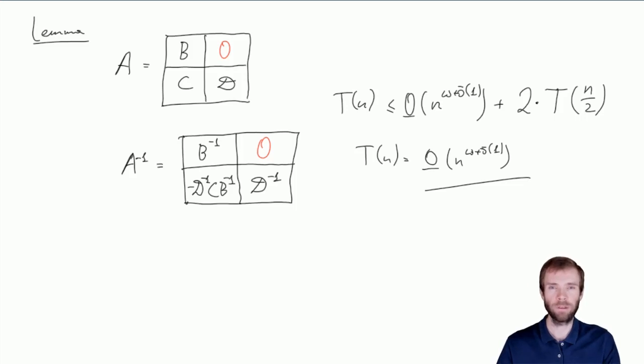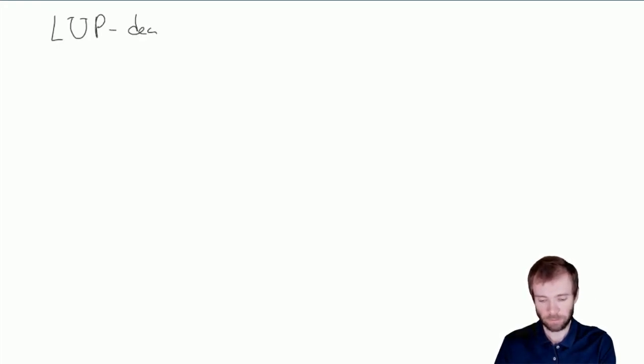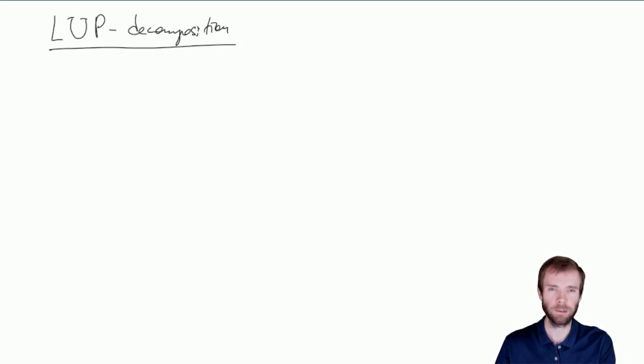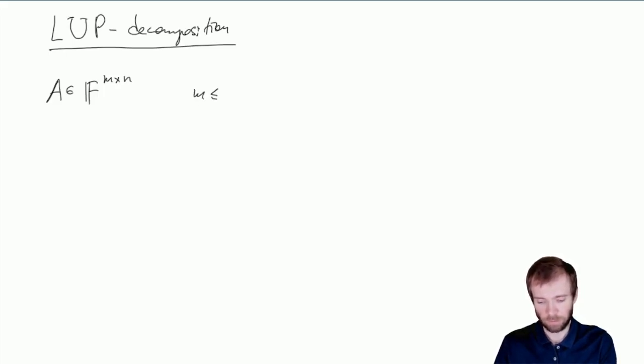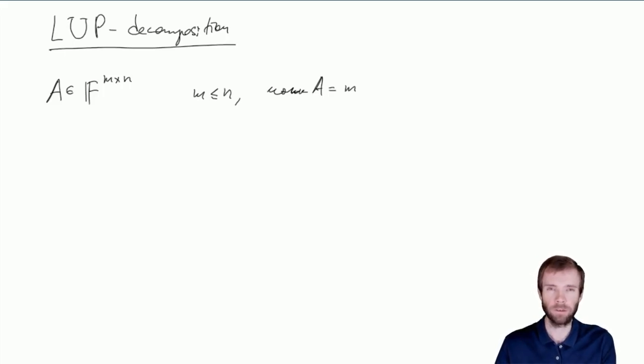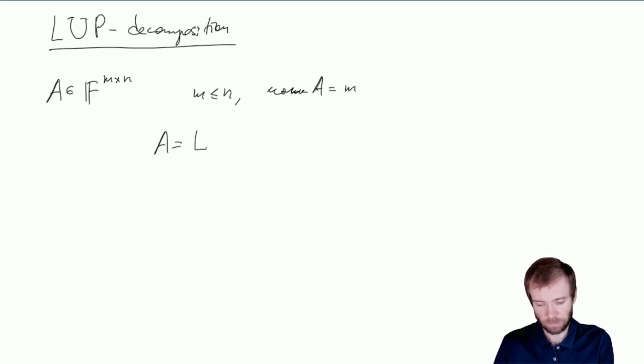And now we'll move on to proving that for arbitrary invertible matrices, we have still the same time complexity. To prove this, we'll need an algorithm for LUP decomposition. The LUP decomposition of a matrix is a decomposition into a product of three special kinds of matrices. Assume that A is a matrix of size m by n, where m is less than or equal to n, and the rank of A is equal to m. Then the LUP decomposition, or lower triangular, upper triangular, and permutation decomposition of A, is a product of three matrices L, U, and P,